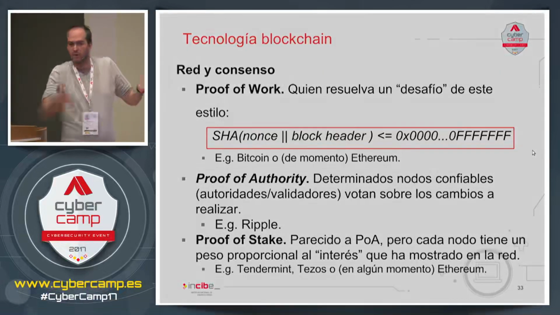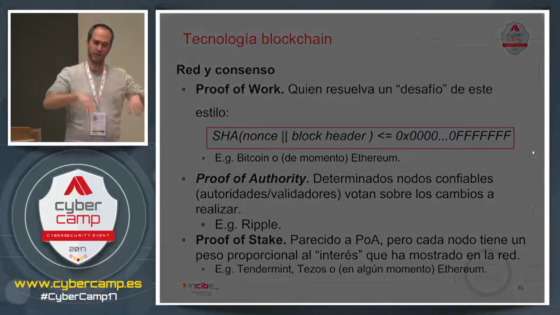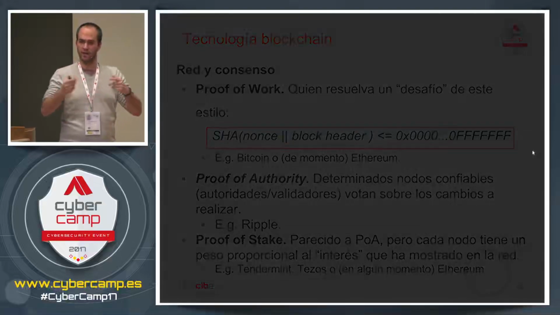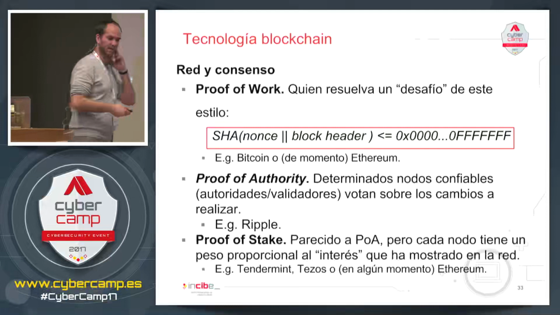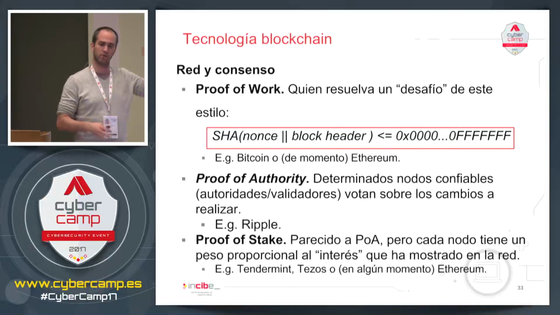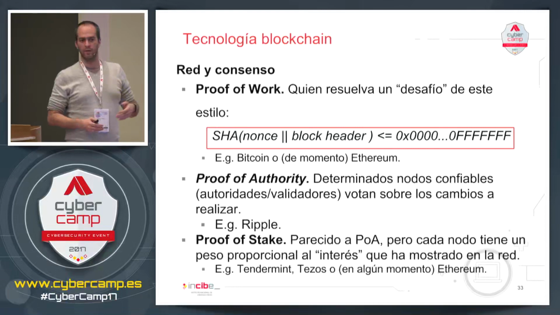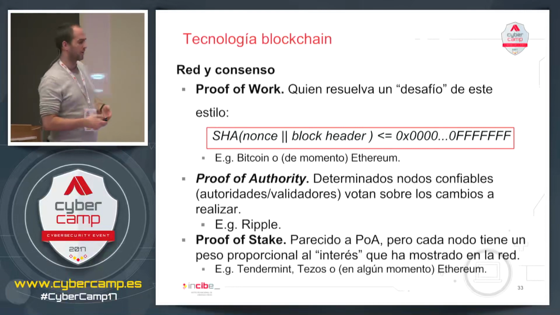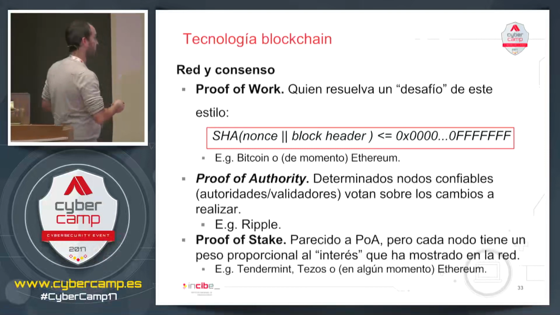So proof of authority, there are basically 5 authorities or N authorities that are trustworthy or partially trustworthy. We just trust they're not going to collude with each other. They're not going to do malicious votes, and these authorities vote for or against a transaction. If there's a majority, it's accepted. If there's a minority, it's rejected. What percentage? Well, it depends on the type of blockchain.